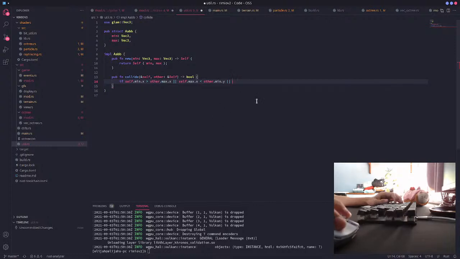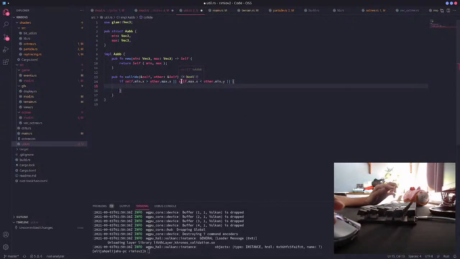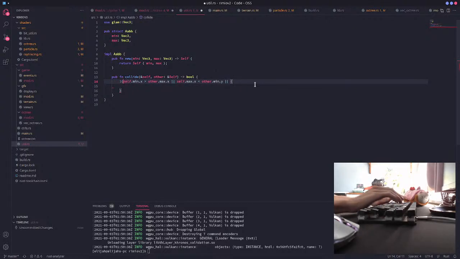So basically if all these come together and this ends up as true still, then you'd return false. So the output of this would be not all of this. Right? Self.min.x, or yeah, I'm pretty sure this is right. If it's not, then